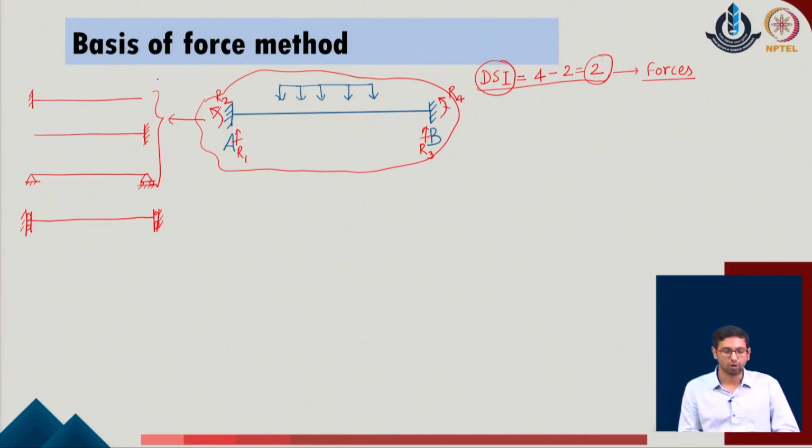Now, one can understand that not all of those systems are possible. The reason is that if I apply some load on system number 4, the system will not be able to hold these external loads, because the system is not going to get any reactions from these two supports of the given problem. So, though the basic idea of generating a standard statically determinate system is by removing the number of reactions from the given system which are over and above the available equilibrium equations, while doing so we should also consider that the given system is stable and is feasibly able to take the loads of the external system.